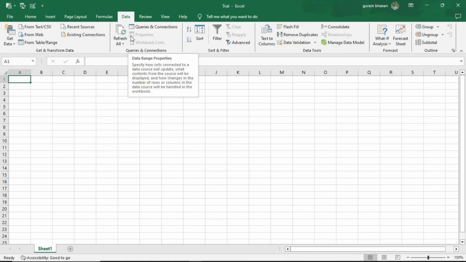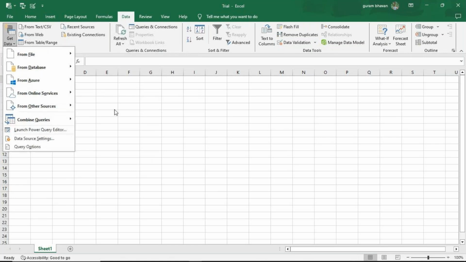As I told earlier, Power Query is an ETL tool where I extract the information, transform it, and load it. Basically it acts as a platform for Power BI where we create the visualization. Now here in advanced Excel, we will learn how to extract the information, how to modify it, and how to transform it and load the data. Here we are going to work on the base of Excel. I have opened a blank workbook. I'll go to Get Data. As I have my data in a folder,